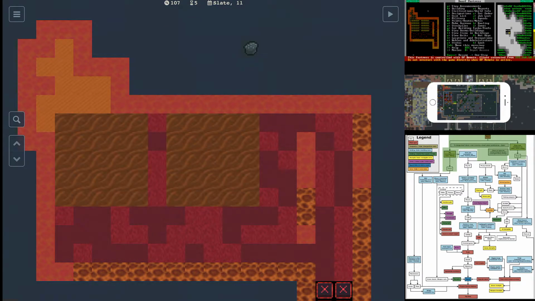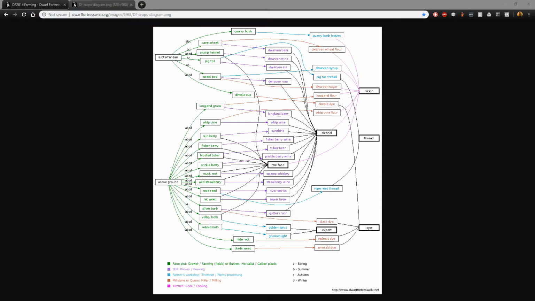Now, we're going to really briefly reference the diagram here again, and we're going to notice that plump helmets are plantable year-round, A, B, C, D, but the pigtails are only farmable in B and C. And again, the guide is right here, where B is summer and C is autumn. So in spring and winter, we are unable to plant. So what we're going to want to do is set the